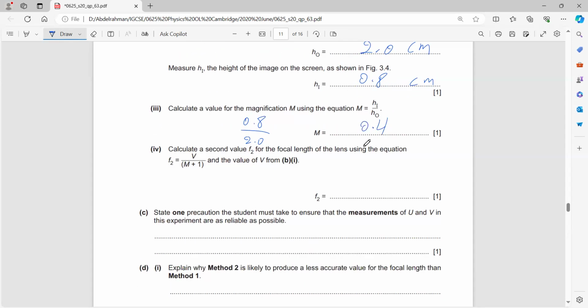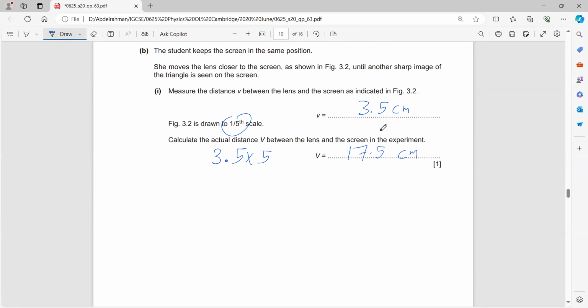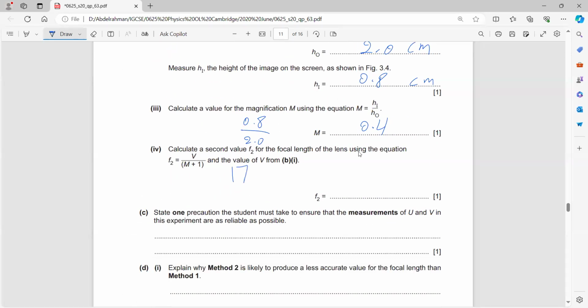Moving on to the next question. Calculate a second value f2. f2 equals v over m plus 1. What's v? It's 17.5. So 17.5 over m plus 1, which is 0.4 plus 1. Can someone calculate it? What is f2 in this question? 17.5 over 1.4 is